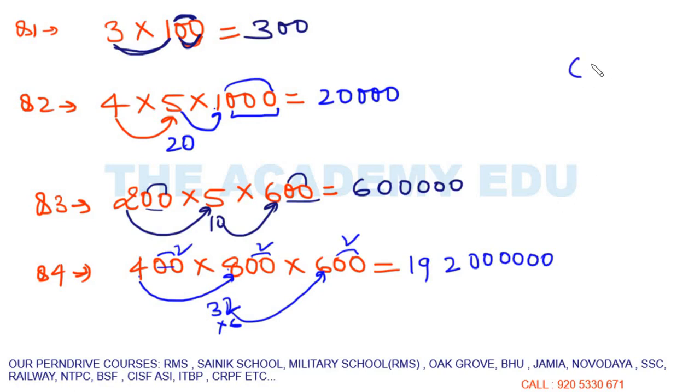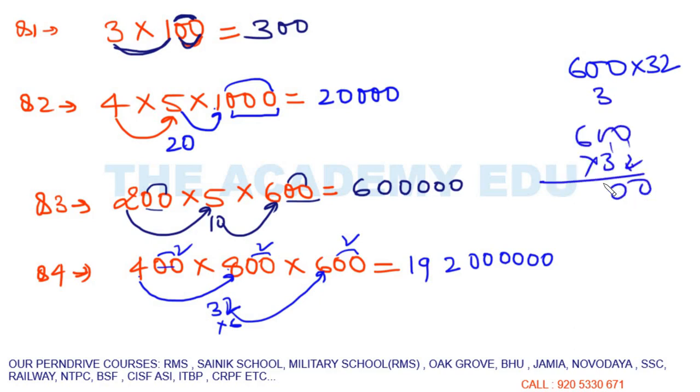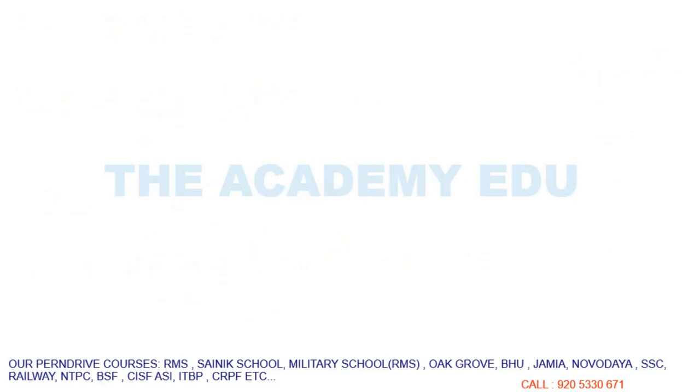Don't try to multiply like this. Suppose we have multiplied 600 by 32. So don't multiply like this: 600, 32, and 2 zeros are 0, 2 zeros are 0. It's time taking, and you need to learn every time how to save time. Because in examination we don't have time. Right? So always we will try to learn short methods, logical methods, right? So this is how we multiply trailing zeros. Now comes the next question.